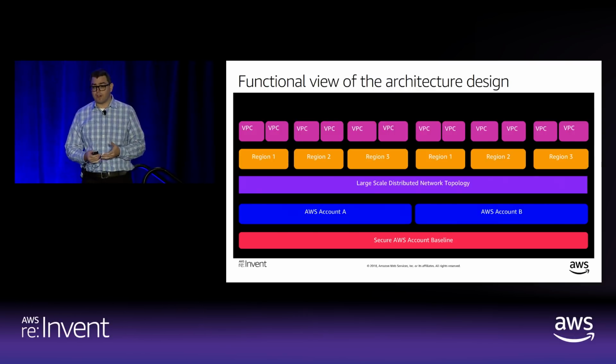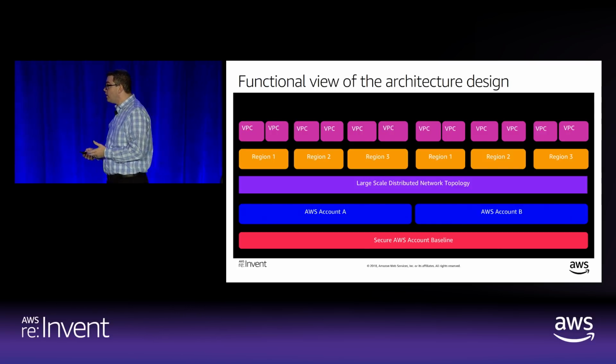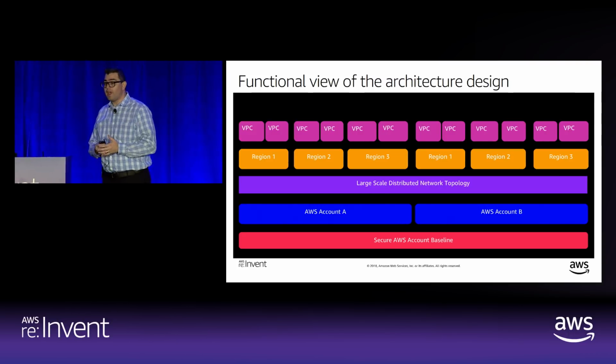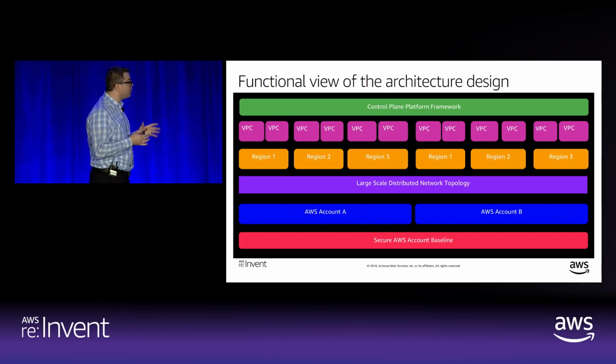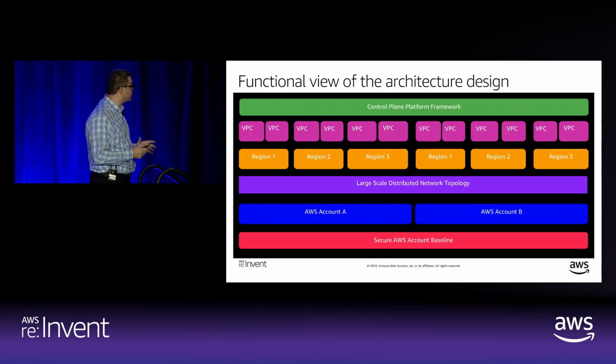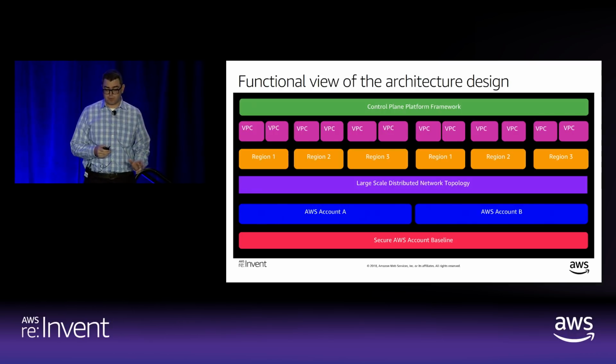One in which you can deliver in a transient way, right? Way that you can deliver these workloads, these customer workloads, across n number of regions, n number of VPCs. And finally, the functional view incorporates a series of application and microservice components required for you to deliver these workloads.